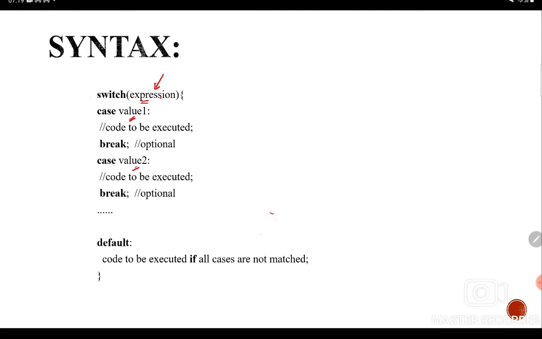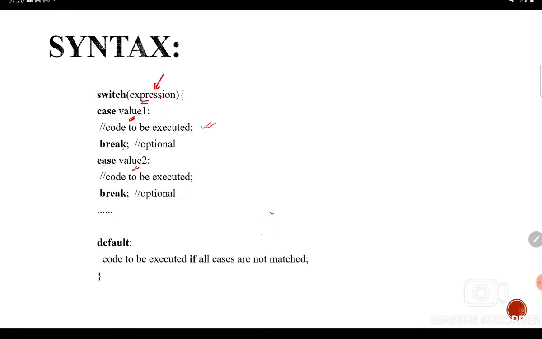So we have the switch expression, and we open a switch block. Within this there will be case value 1, which is the first value of the expression. Here we have some lines of code to be executed. Then there is break, which is optional. If we do not use this break, the next condition will be executed. If we use this break, it will come out of the switch block if this particular case is true.